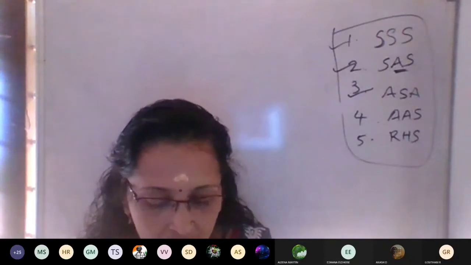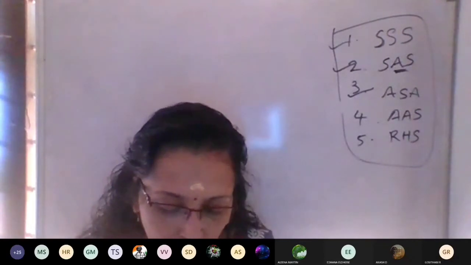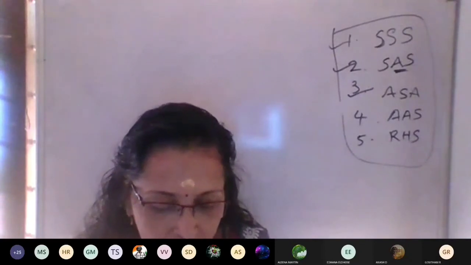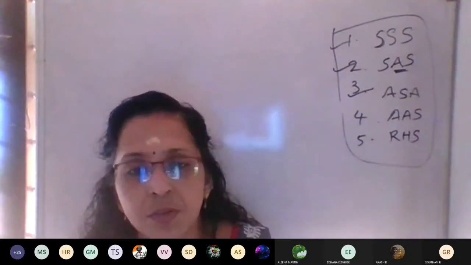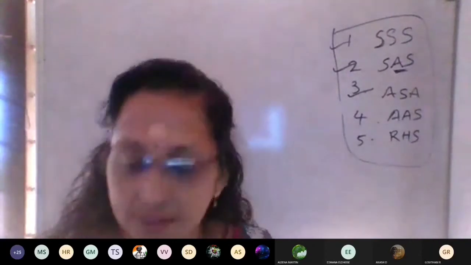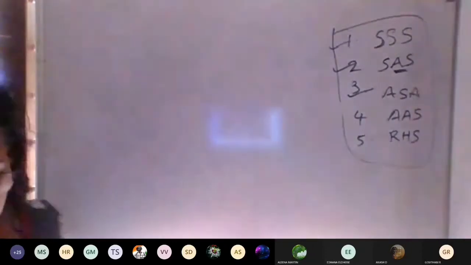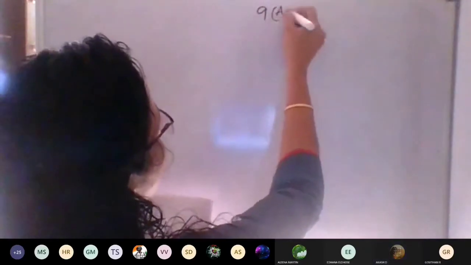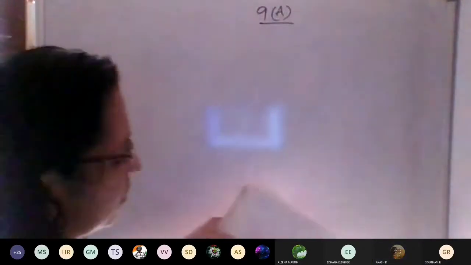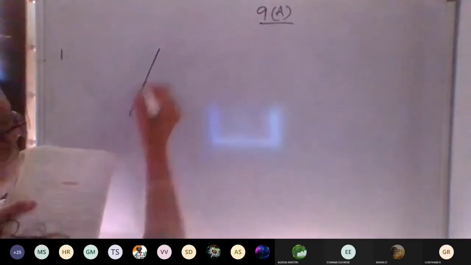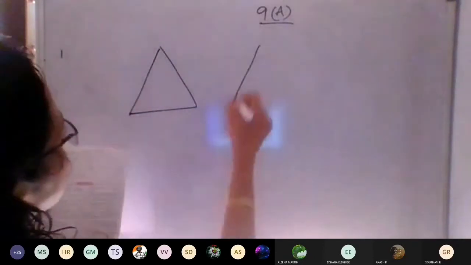First one: in triangle ABC and triangle DEF, AB is equal to DE, BC is equal to EF, and angle B is equal to angle E. When you see this type of question, just draw a rough figure in your working column or in that space itself. A rough figure is enough. We want to draw two triangles, then only it will be easy. Otherwise, looking at the question it will be difficult. So wherever you see this type of question, first draw two triangles.